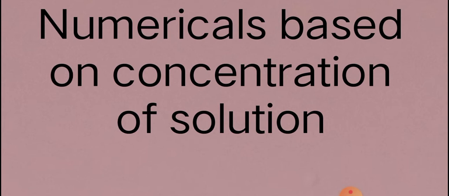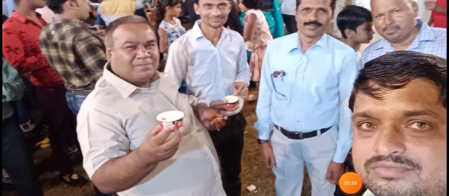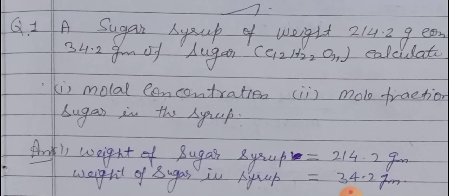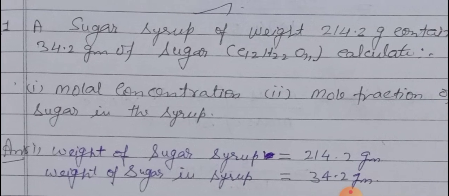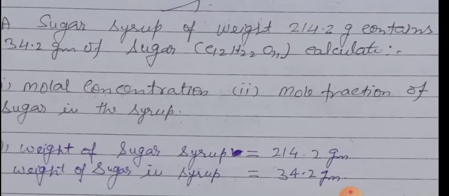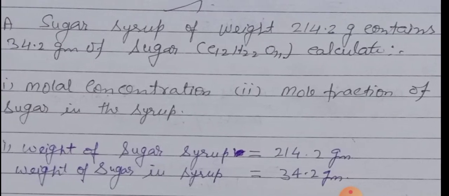Now we start. The first numerical is: a sugar syrup of weight 214.2 gram contains 34.2 gram of sugar. Calculate the molality, and the second one is the mole fraction of sugar in the syrup. Very easy question. So first of all we write